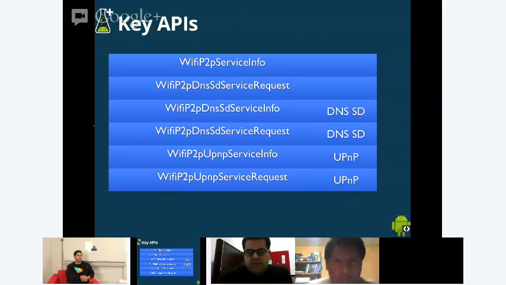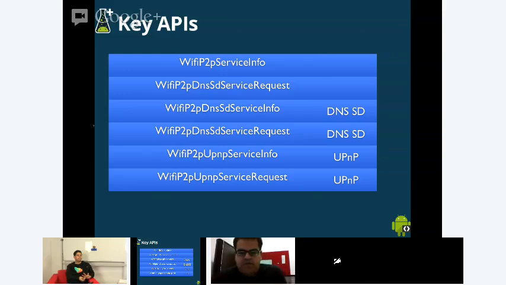So some of the key APIs for Wi-Fi P2P are,